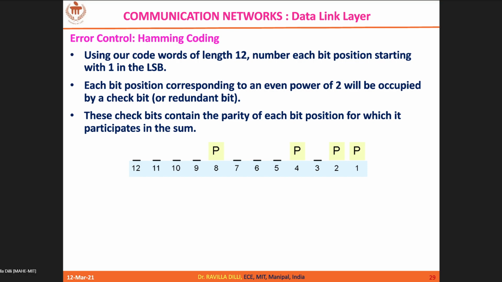So you should decide the number of parity bits that you need to generate based on the number of data bits that you have. I have given 8 data bits, so 4 R bits or parity bits need to be generated, and you have to substitute them in the powers of 2 positions and form the code word. Fine. So the total length of the code word is 12 bits.